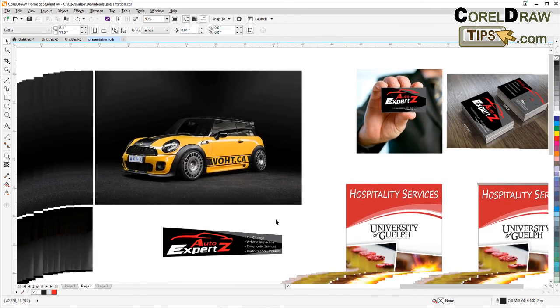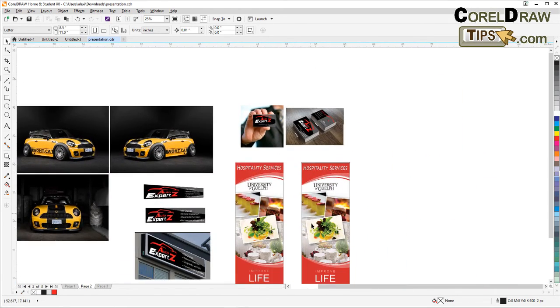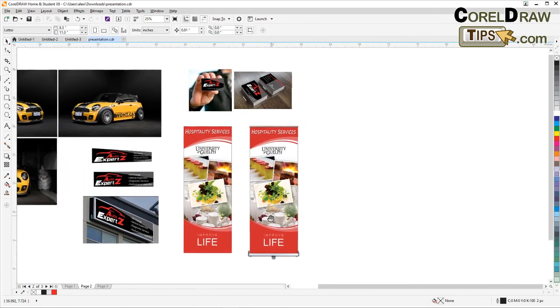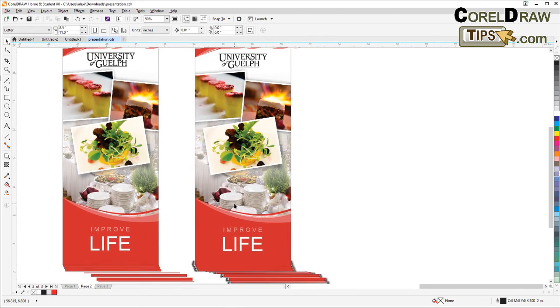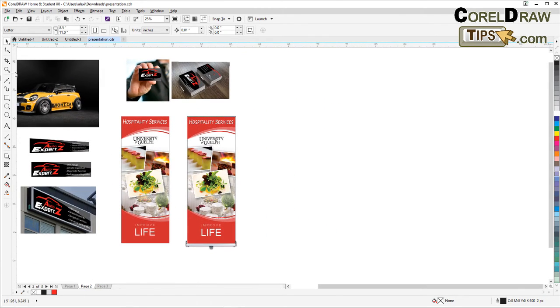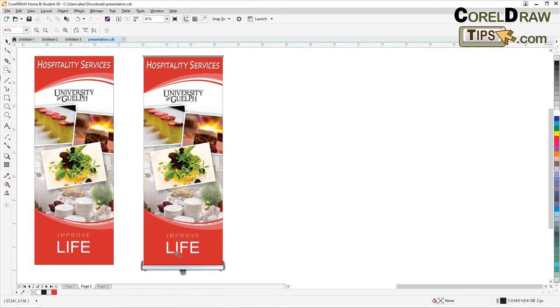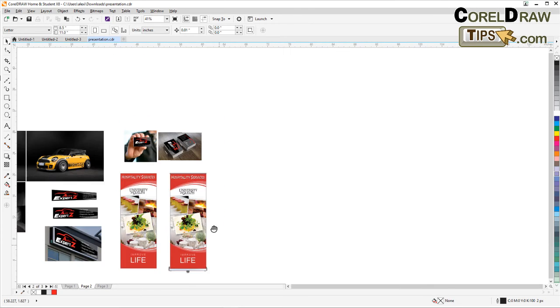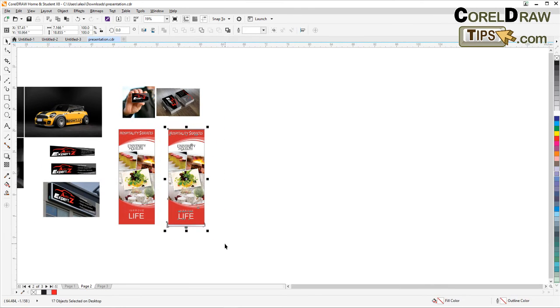So presentation is really important. In presenting something, like for example the banner stand like this, it's good to include the hardware, because with the hardware they know what they're getting, right? Let's do an experiment here